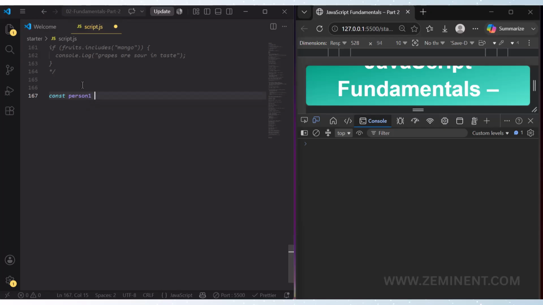person1 equal, name Priya, and then Sharma, and then I'm writing age, calculating 2040 minus 2000, and then I'm writing profession, doctor, and then I'm writing